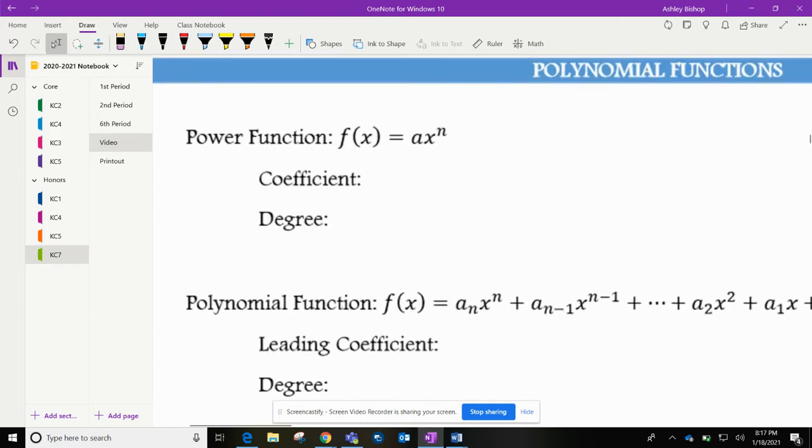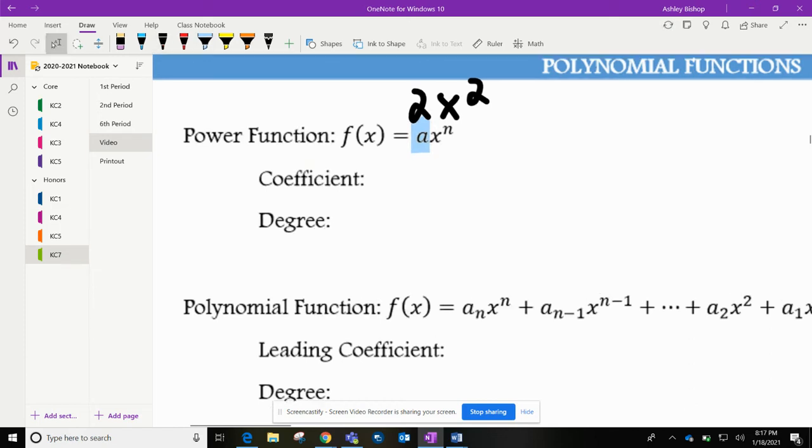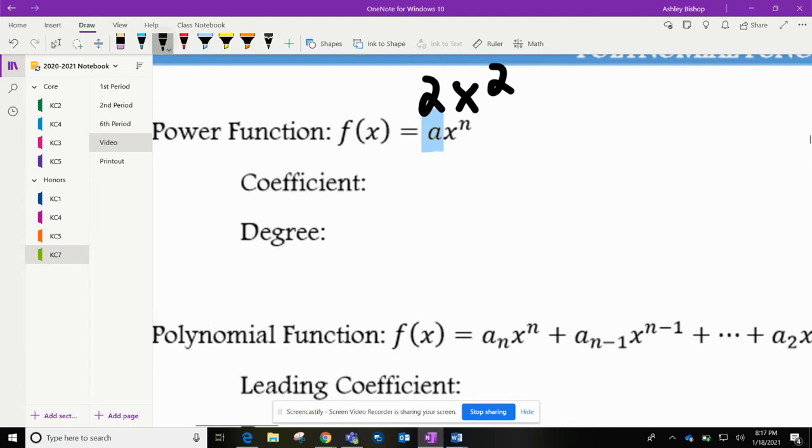When we have some sort of function that is being raised to a power, pretend we would talk about an example, 2x squared. The coefficient is the number in front of the letter. In our case, the coefficient is going to be a. Let me write in red, a, which is the number in front